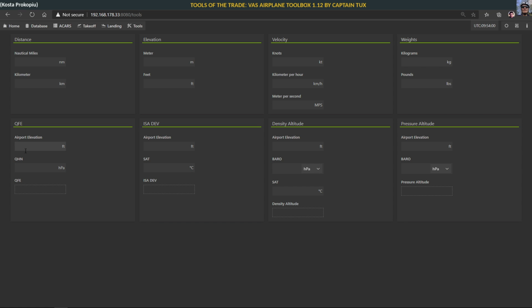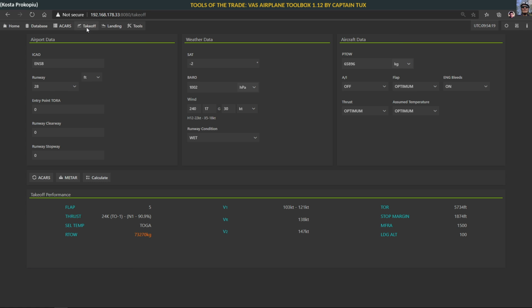And then here is the QNH QFE. So if you want to calculate what the QFE would be if you have a certain altitude and a certain QNH. By the way, this is a little typo here. That should be QNH, not QHN. Okay. Very, very handy tool. I really like these two things here because it calculates V-speeds, and for me that means